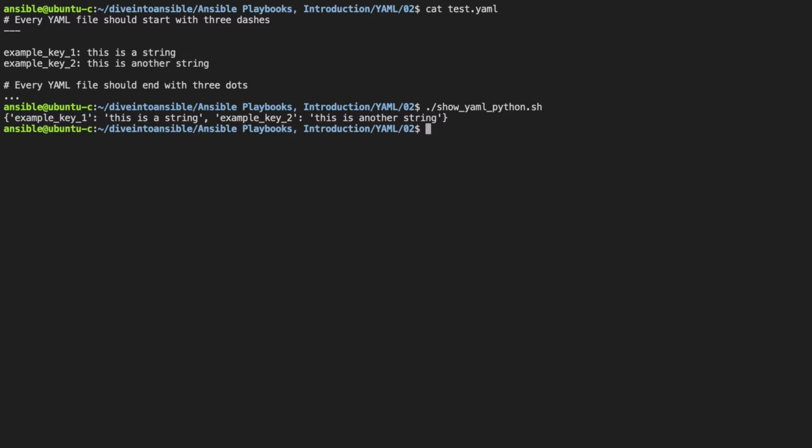We can see that we have two keys with different values. Looking at the output, we can see that Python is treating these as a dictionary. We know this because of the curly brackets at the start and the end. For those not familiar with dictionaries in Python, as the name implies, a dictionary allows you to look up a value by the key. So, using this in Python,